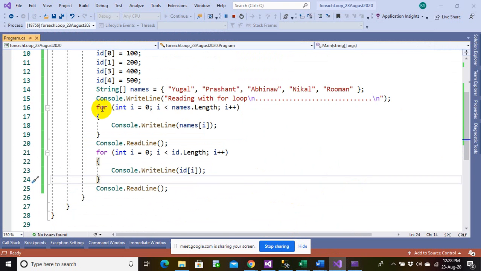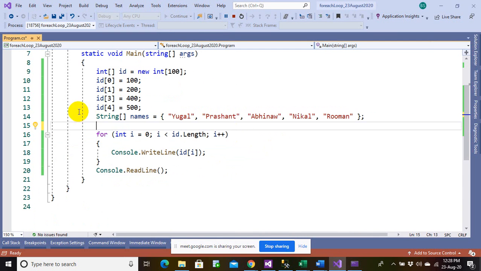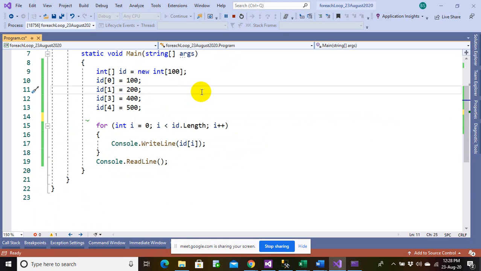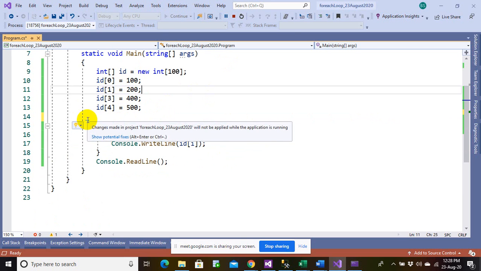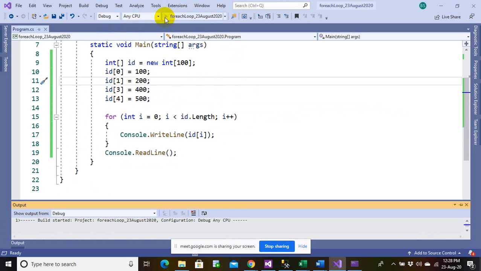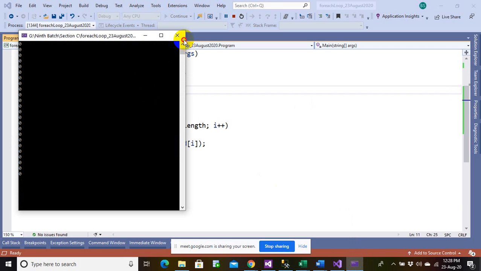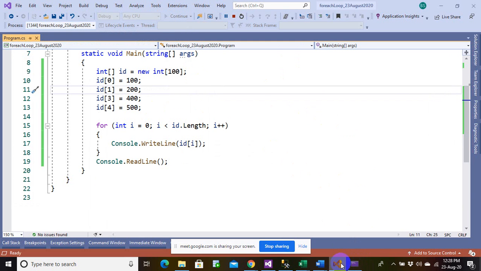In fact, first of all, let me erase this one. Let me just remove this line. Actually, you do not need this one now. So let me remove this line and just let me have this much. Okay, let me even remove this one, and let me have this much only for now. And let me run it again. And I got this output, like I got unnecessarily 0, 0, 0, 0. And this is my code here.